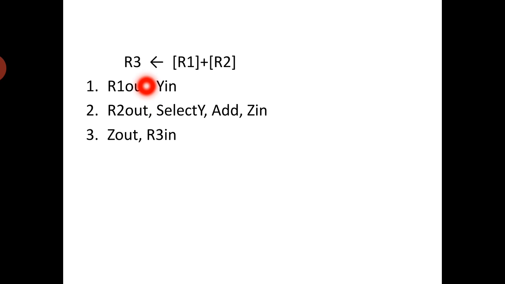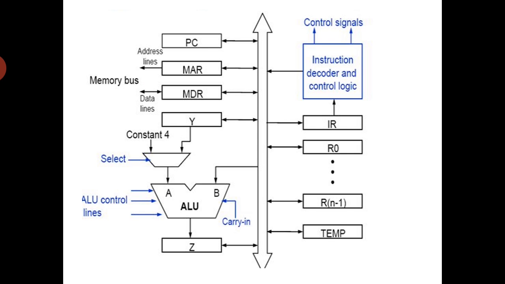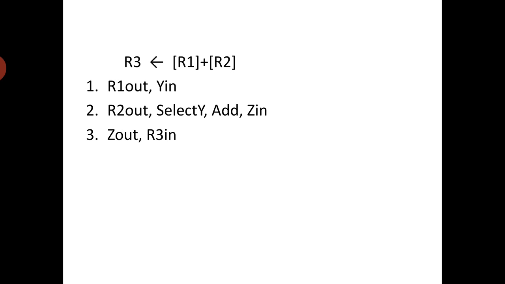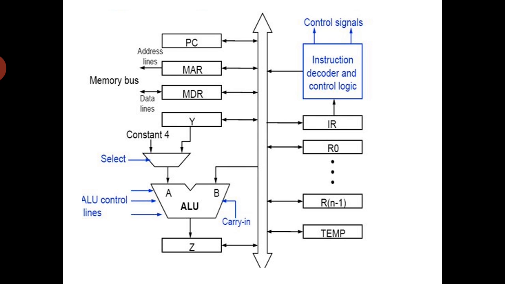So the output of register R1 is activated. From this, the data in the R1 register is transferred to the processor internal bus. From the bus, I am giving R1 data as the A operand. R1 data will come at A and R2 data will come at B.